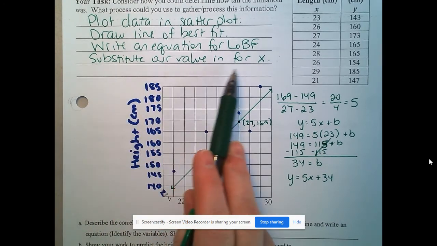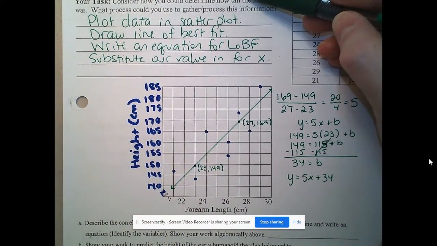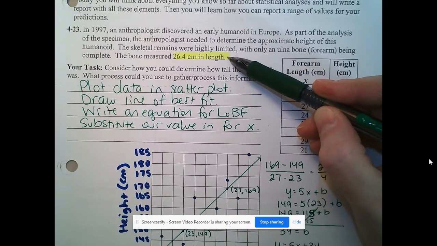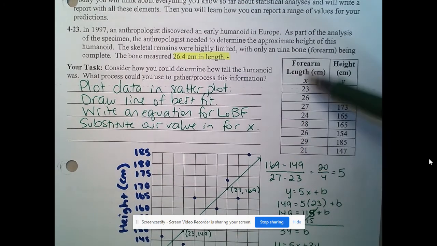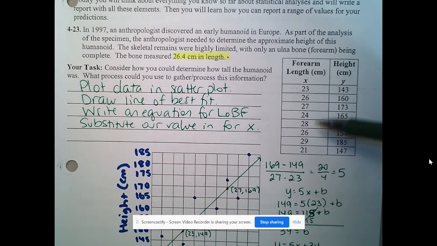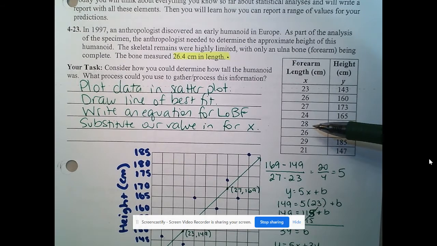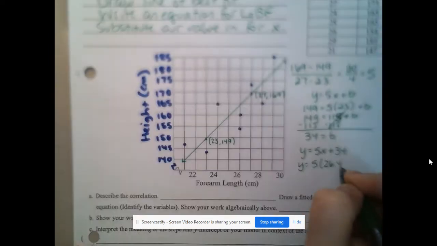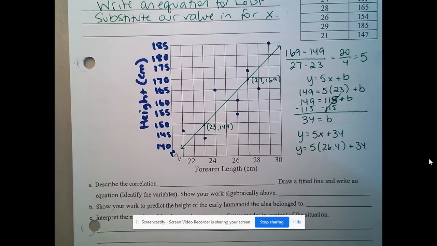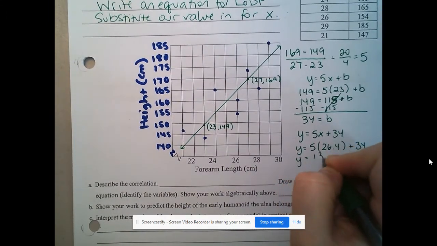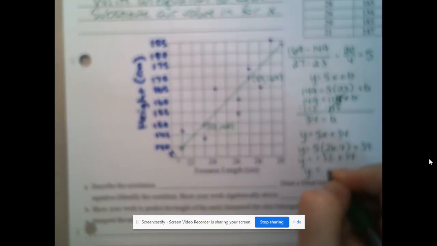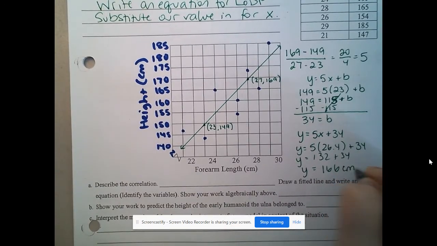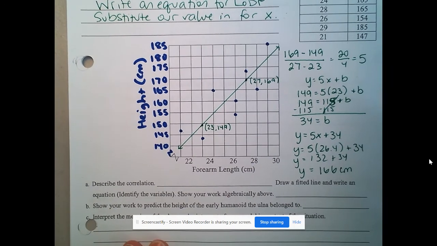Last, substitute our value in for x. So we're saying that the bone that we found had a length of 26.4. Forearm length was the X value. That was the thing that we had control over because that was the thing we found. And then we were using that control variable to find the dependent variable, the height. So we're going to plug it in for x. Y equals 5 times 26.4 plus our y-intercept of 34. And we would have 132 plus 34, giving us a prediction that this person whose skeleton we found is actually